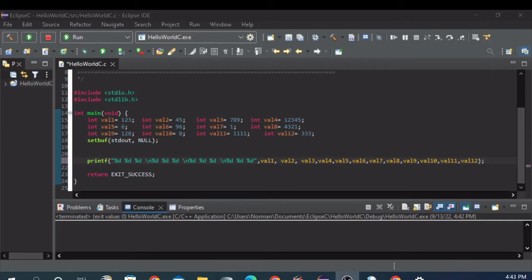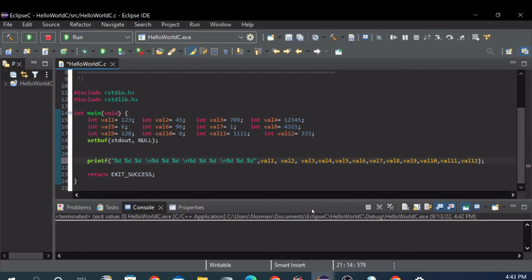All right, I wanted to show you how to format your output when you're dealing with integers as well. I have a video on doing floats where you can align the decimal points. When you're working with integers, it works pretty much the same way. So in your format string, between the percent and the D, since we're dealing with integers here,